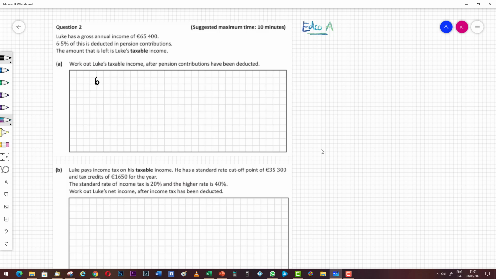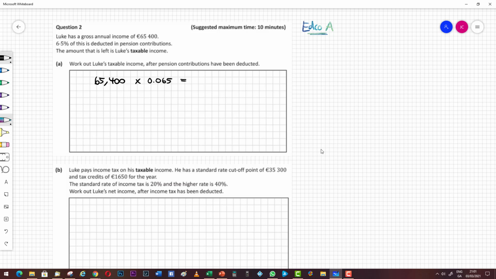So overall he earns 65,400. But all of this he won't have to pay tax on. It says that we're going to subtract 6.5% of this, and that's for his pension, and that won't be taxed. It says that what's left will be his taxable income. So we're going to have to find 6.5% of 65,400. So I'm going to multiply by